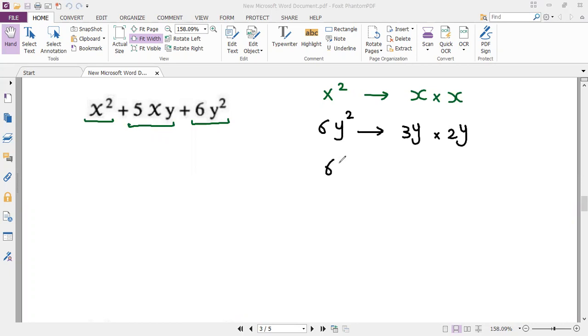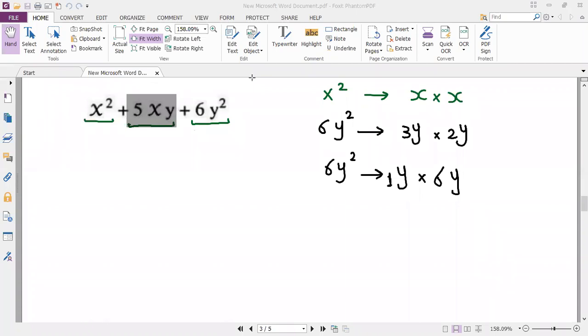And also we can get 6y squared from 1y multiplied by 6y. If you multiply them, you would get 1 times 6, because the coefficient here is 1. 1 times 6 is 6 and y times y is y squared. So here we have in the middle,